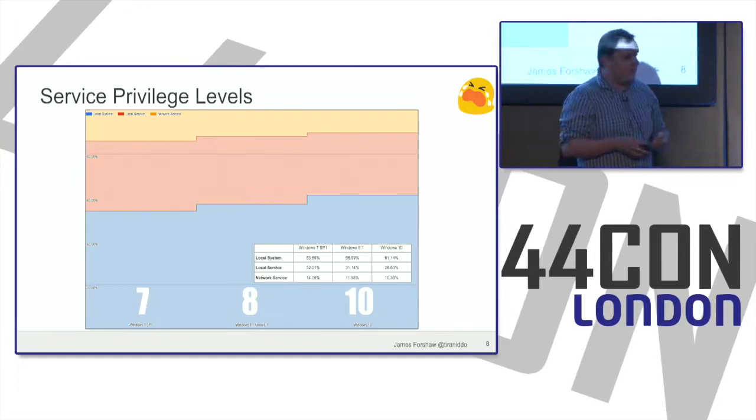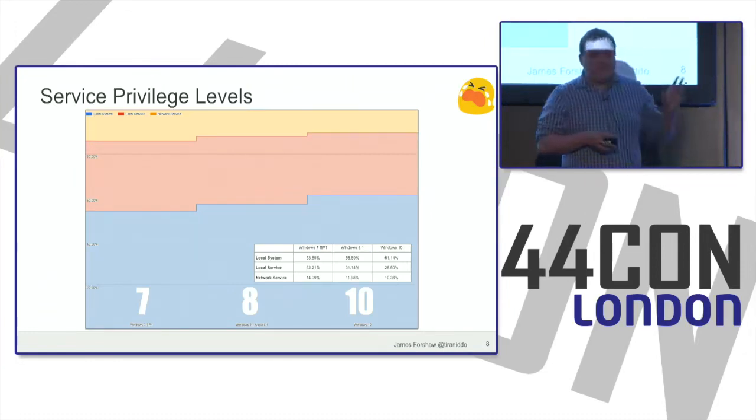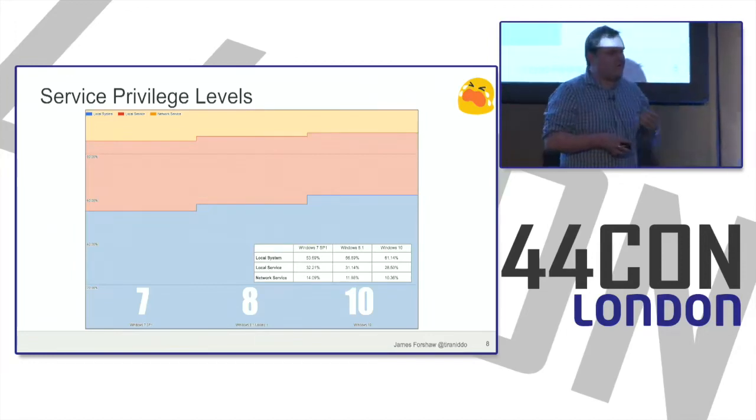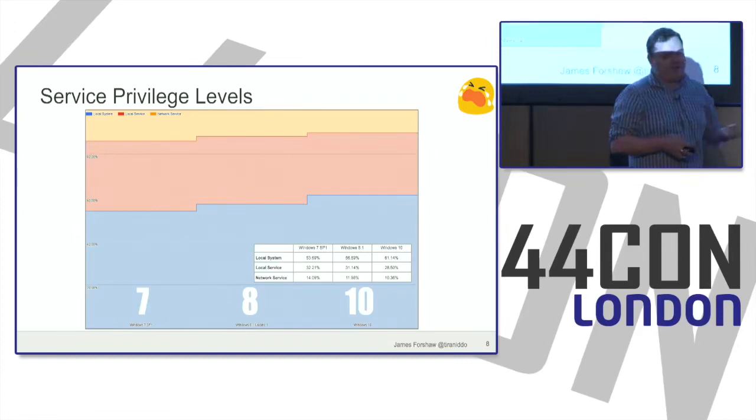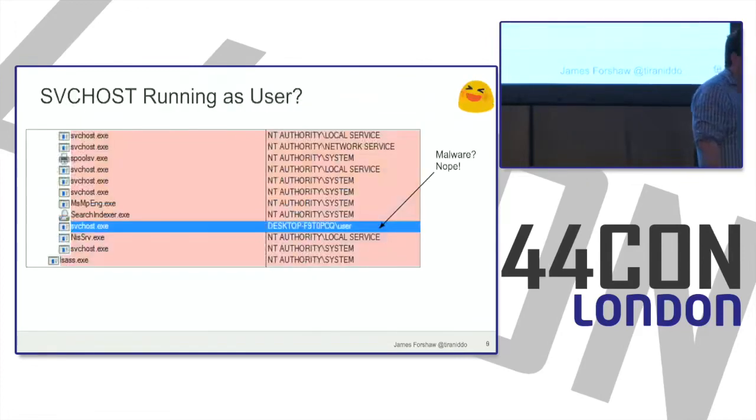Now, in this diagram, blue represents local system. And hopefully you should see that there seems to be an upward trend in local system services as a percentage of the total number of services between 7, 8, and 10. And of course, this is not just a higher percentage of local system services. You have to remember that there's more services. So as an absolute measure, there's considerably more services running as local system than there was on 7. And that doesn't sound quite right. But of course,